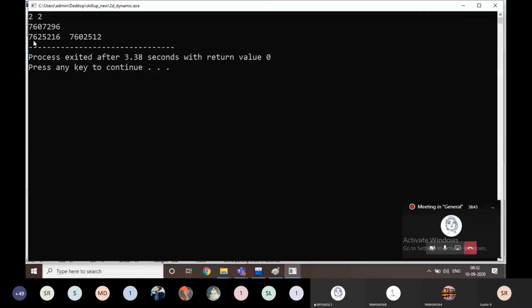Anyone? What is that? It is going to be 2 by 2. Just look here. These two are the first row address, and this is the second row address. And what is this? This is the address of